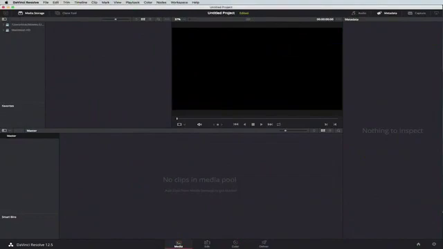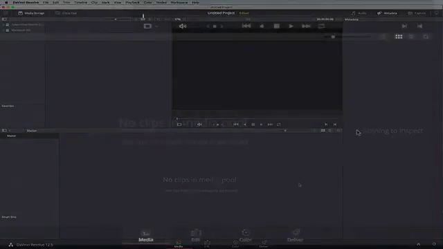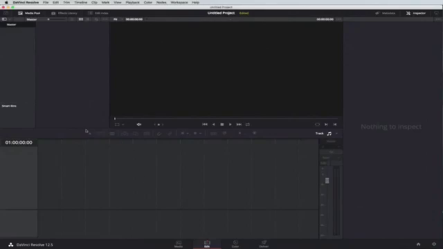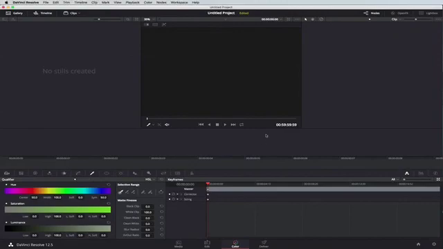To begin with, we open up DaVinci Resolve, and this is what you'll see once you select a blank project. Down the bottom here are our four main areas where we import the media, we edit the media, we can edit the separate media tracks, and then we deliver it. So our editing workspace looks like this, a color workspace looks like this, and in this area what we're going to do in this tutorial is key out some colors on some particular footage so that it transparently sits on